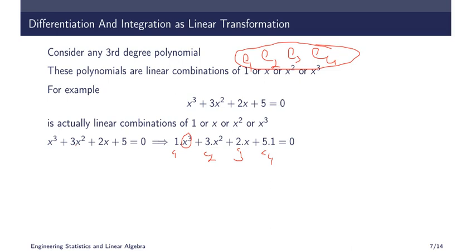Now if you want to find the differentiation of this one, you might require the differentials, right? In control systems and signal systems, you are dealing with the differential of polynomials, especially polynomials of S in the Laplace transform. So if you do that operation in matrix form as a linear transformation, it will be easier. So we'll see how to do that.